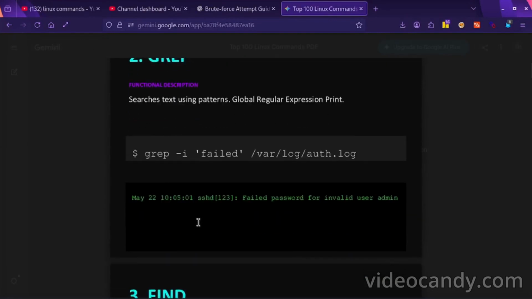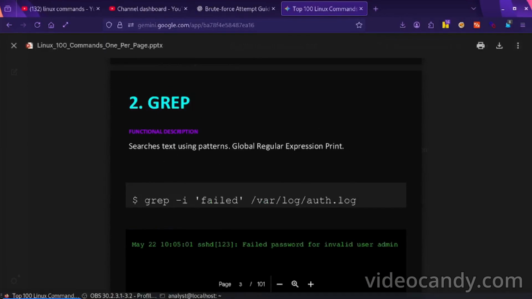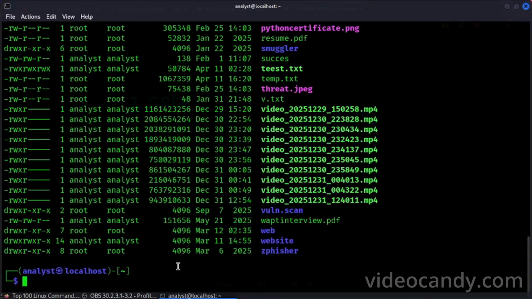And we have the second command, grep. Search text using pattern, global regular expression print. Like, I have a txt file.